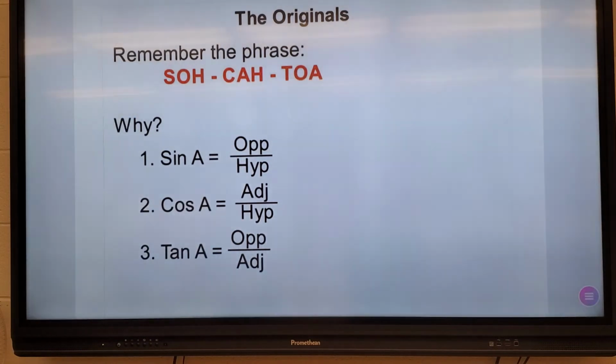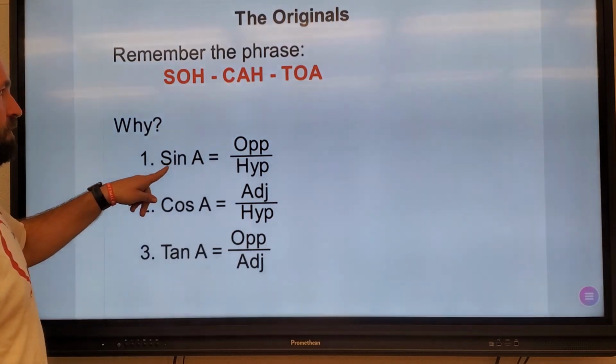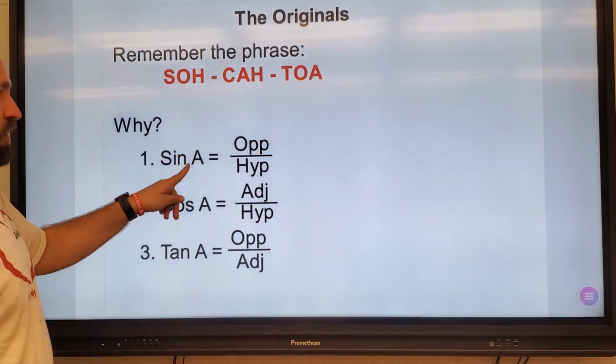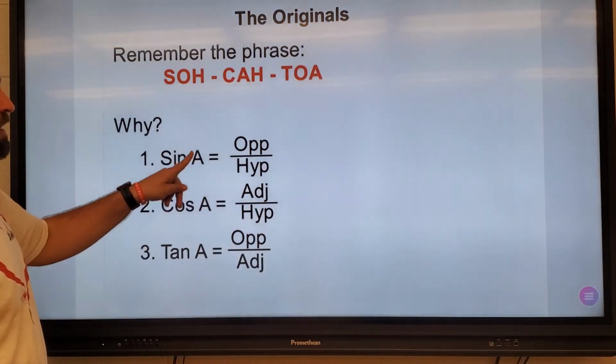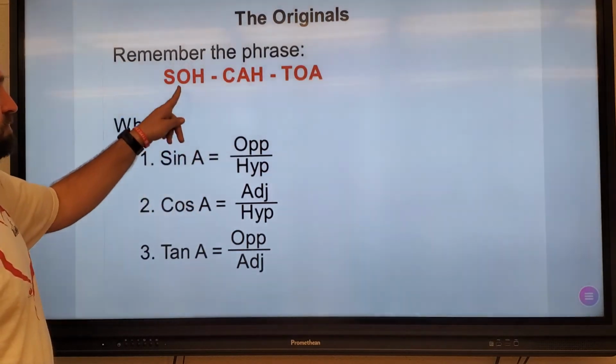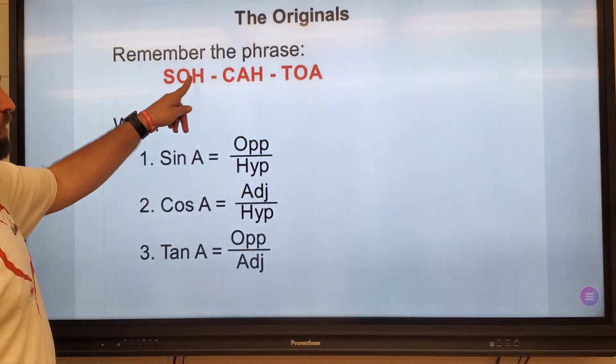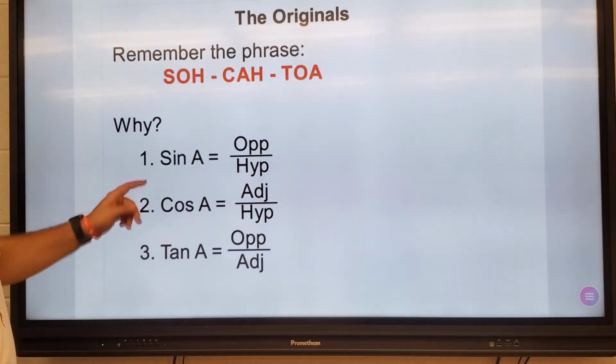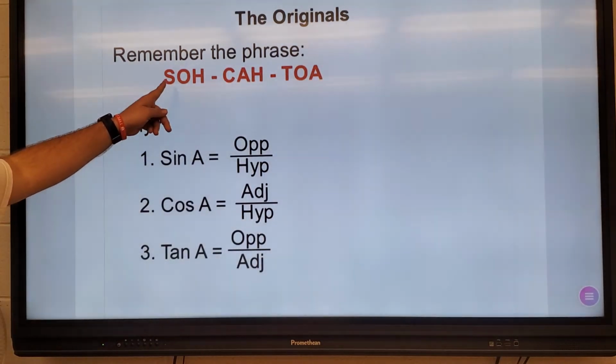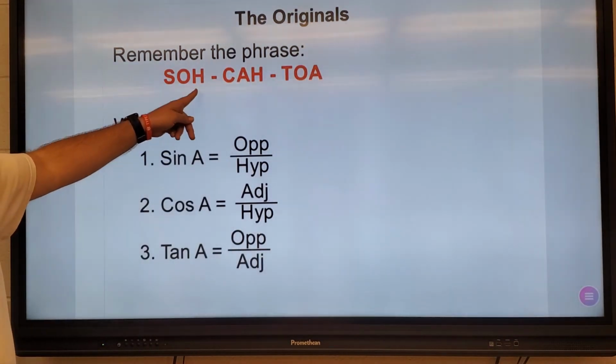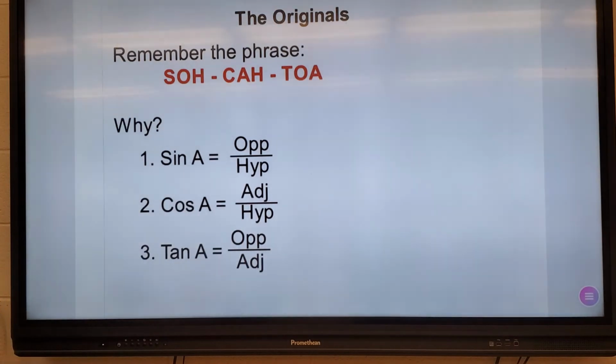That just means SOH, sine of the angle that we're looking at. So here I'm saying using angle A is equal to the opposite over the hypotenuse. So this tells you which trig function we're using, and this tells you which sides we are using, okay,